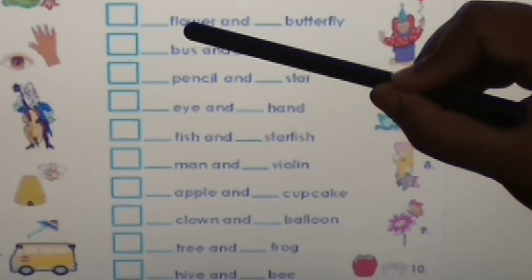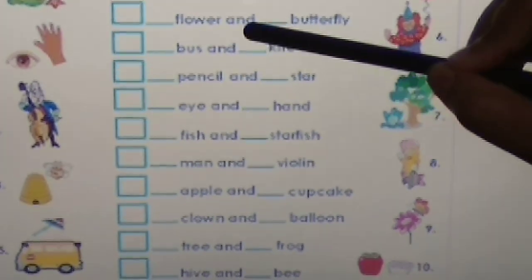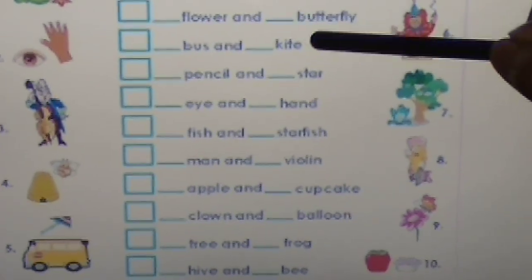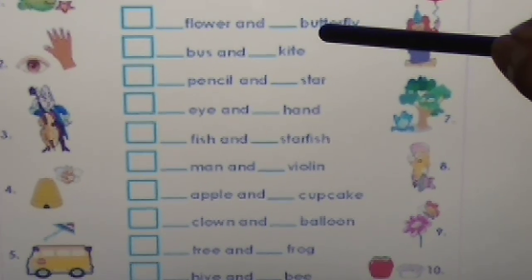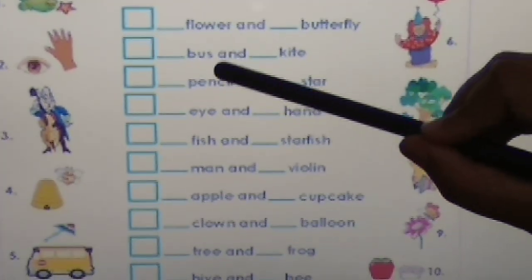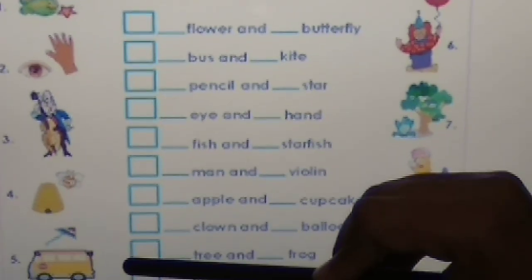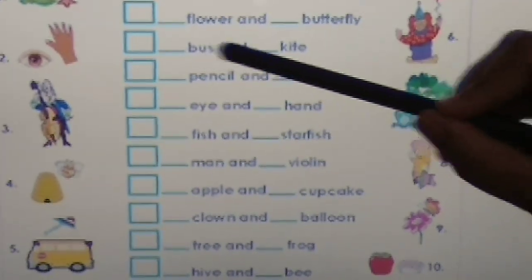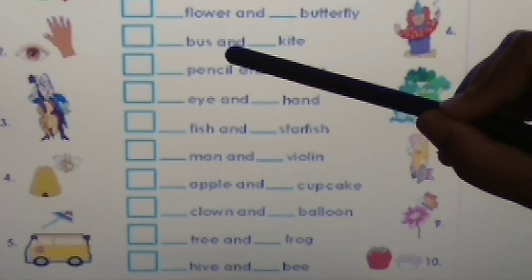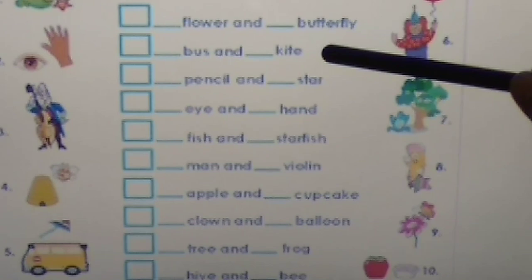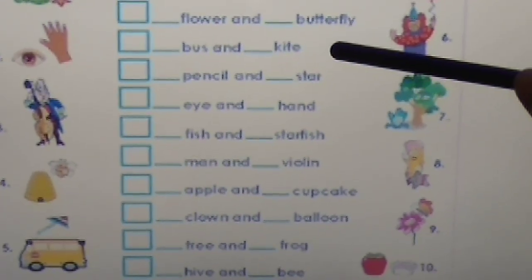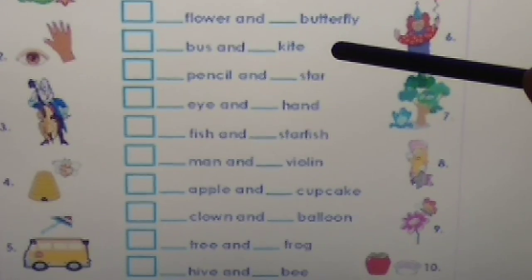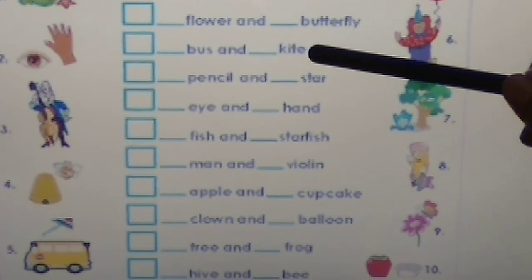A. Why A? Because it is starting from consonant F. In the same way, what are you going to place before butterfly? A. Because it is starting with a consonant B. Now where can you find bus and kite together? At number 5. So in the box you will write number 5 and in the gaps you will write a bus and a kite. Why are we writing a bus and a kite? Tell me. Yes, we are writing a bus and a kite because kite and bus both are the words starting from